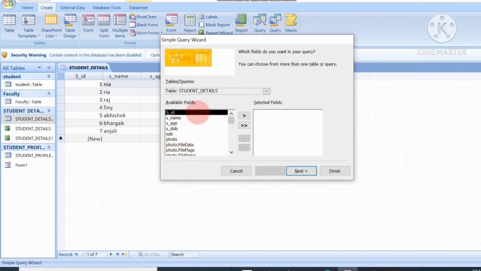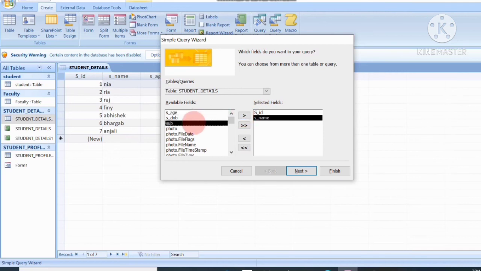If you want all the fields, then just click on this, and if you want some selected fields, then go to the option here only: SID, S name, then age or subject.